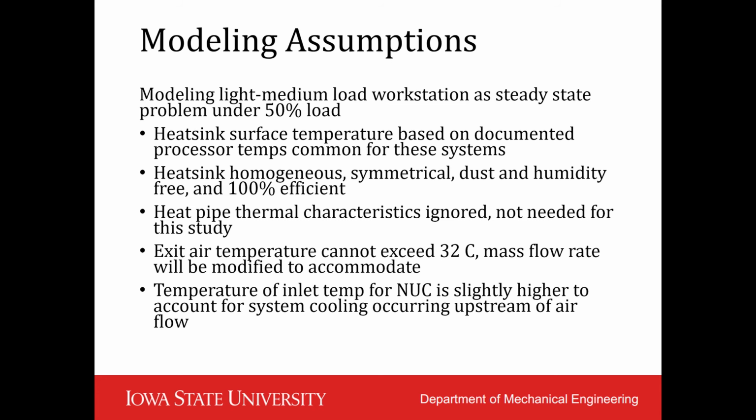Speaking of assumptions, for our model we're going to assume this is a steady state analysis, that at any one time we're under about 50% load, that our heat sinks are completely symmetrical, material-wise completely homogeneous, thermally homogeneous, in a dust and humidity-free environment, and 100% efficient. We're also going to ignore any effects by these heat sinks that utilize